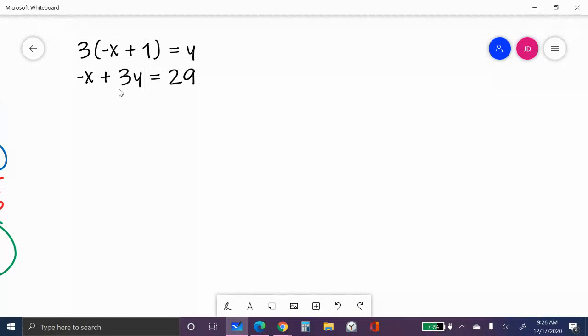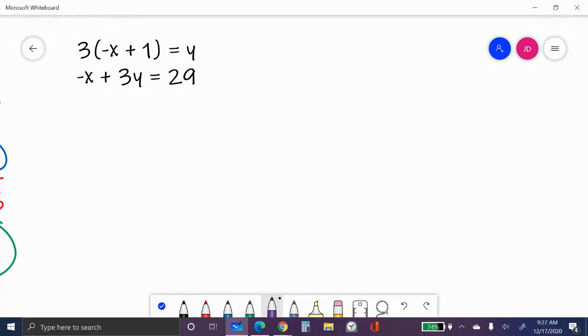Ooh, got one with parentheses. Okay. Not a big deal. Now, when we see parentheses, we always think in our heads, first thing we do is we distribute this term to everything inside the parentheses. We want to simplify as much as possible, okay? We take a look at this system. This is the one that's isolated. The y value is isolated. So this is going to plug into the y value of the other one. But to simplify, I want to